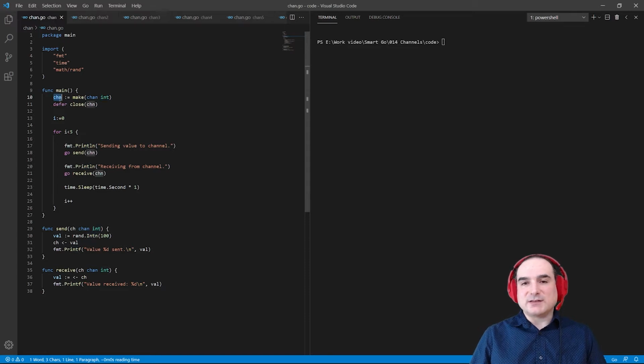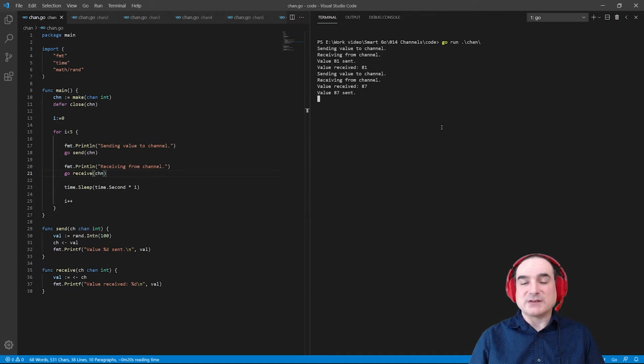Now, when we want to send and receive data in a channel, we use a syntax that uses a left-facing arrow. When we point the arrow at our channel variable, it sends a value into the channel. If we point the arrow away from the channel, it receives a value from the channel and stores it in a variable. Note that for each of these operations, we're invoking the functions that contain the send and receive as Go routines. The general rule is that you use channels in conjunction with Go routines, although there are cases where that's not an absolute requirement. It's just that the majority of the time that's the use case.